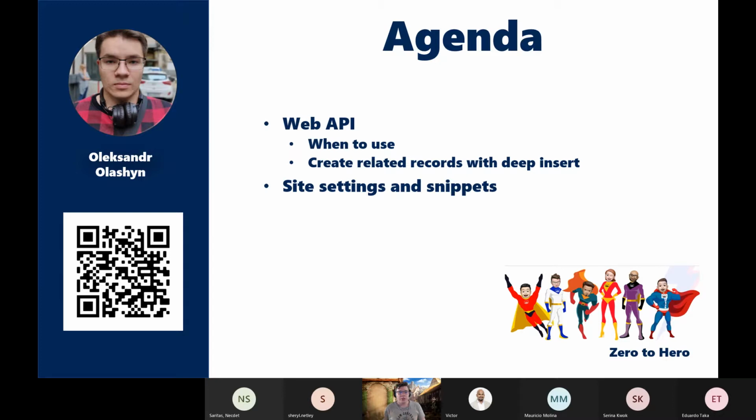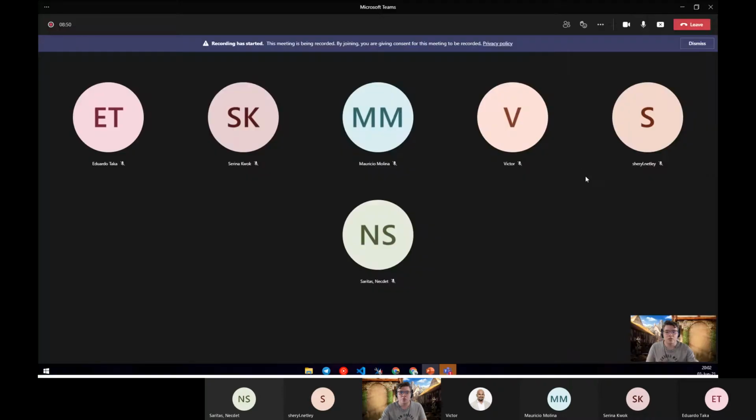And the second part will be on site settings and snippets. We will talk about the less frequent or little known ones. I will show you a couple of really useful ones, where you can find them, how you can use them, and how generally you can find them, etc. So, okay, let's start with WebAPI, and let's start with